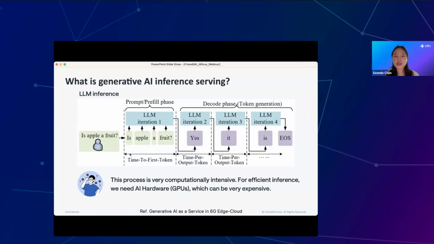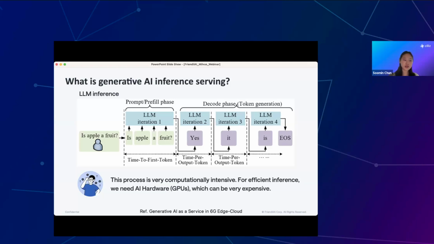This diagram that you see here is an example of large language model inference. You get the prompt, is apple a fruit? And there's a lot that goes into it, but to simplify it, it'll tokenize the prompt into separate words, is apple a fruit? It'll run those tokens through that entire architecture, the operations, which primarily consists of matrix multiplications and activations. And then it'll do this many, many times. For each new token that it generates, it has to run through the entire architecture with all those billions of parameters. So you can see how for a long input and a long output, this is going to be